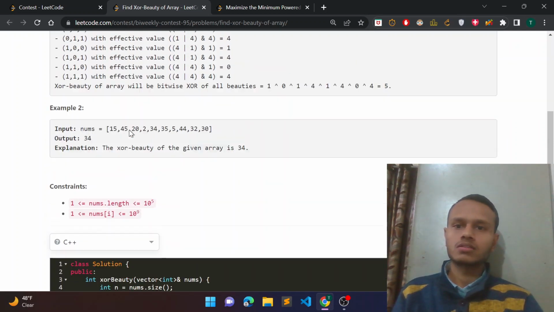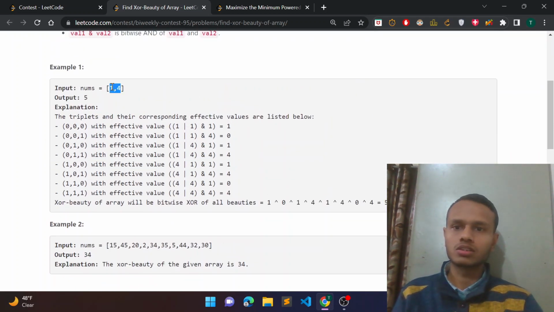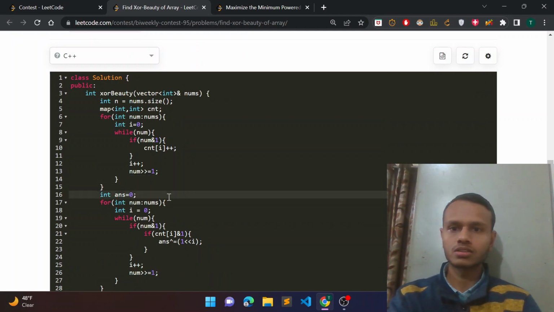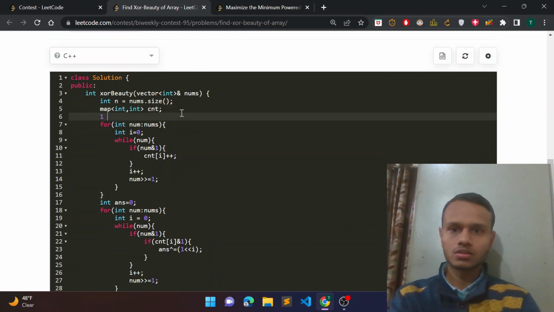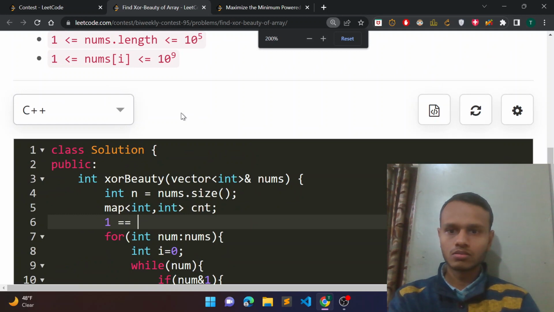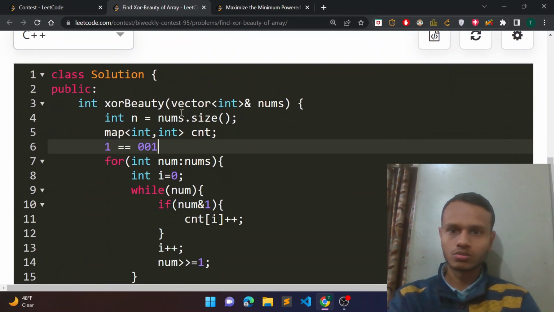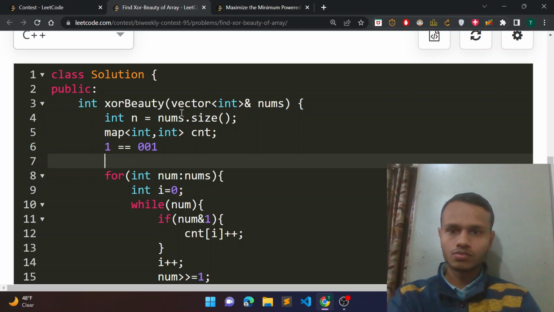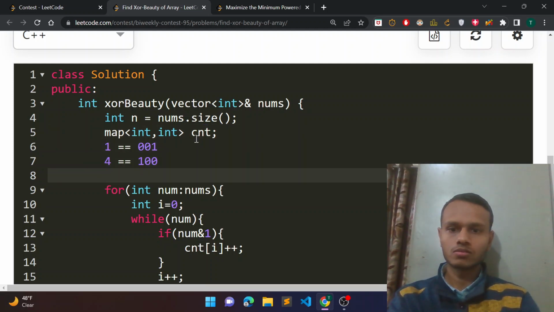Let's say in this case there are two numbers, and 1 can be represented as 0 0 1, and 4 can be represented as 1 0 0. So this count map will store that the 0th bit is set one time and the second bit is also set one time,